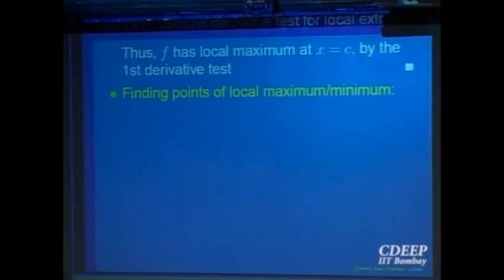That increasing and decreasing you can write in terms of the first derivative. So the function is continuous at that point, that condition still stays, right? Increasing, you write in terms of the first derivative as bigger than or equal to 0. On the right it is less than or equal to 0. The third test is the second derivative test, where you want to say something about the second derivative. For the first derivative test, the function need not be differentiable at that point. So keep that in mind.